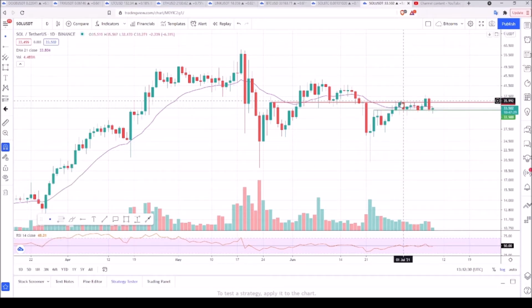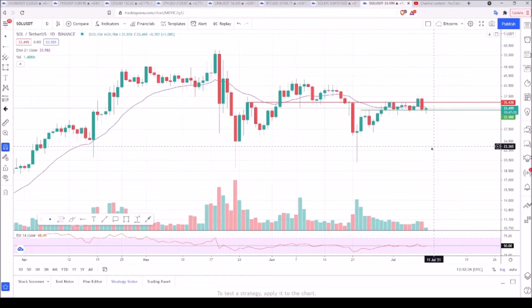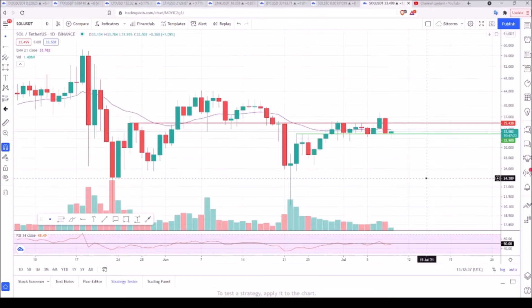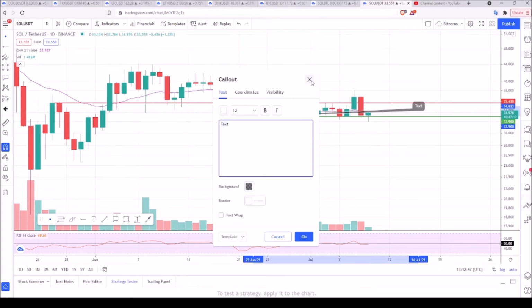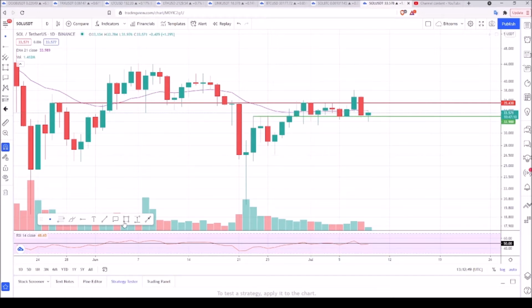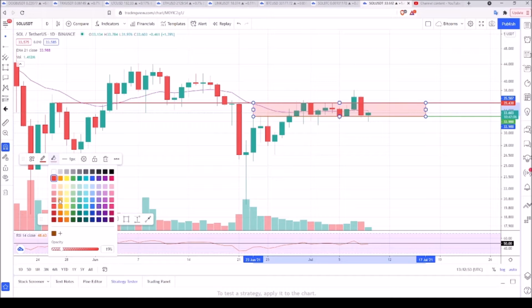So we do have a very tight range here. We attempted to break out, and then we did what I told you I was worried about Sol doing. We attempted to break out, and then we moved to the bottom of the range and lost our EMA. So even though we're going sideways on this on the USDT pair, we do kind of just have a range right